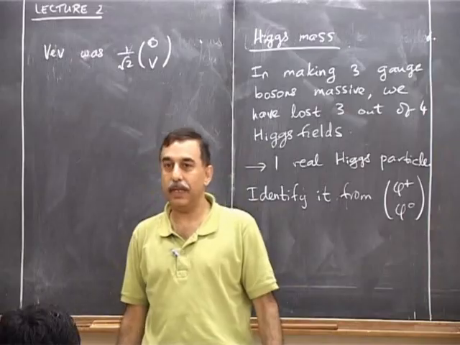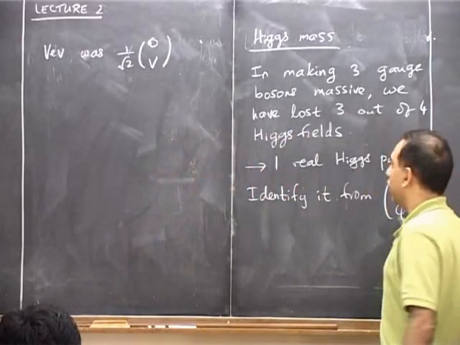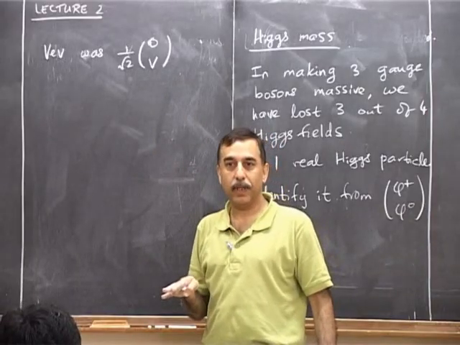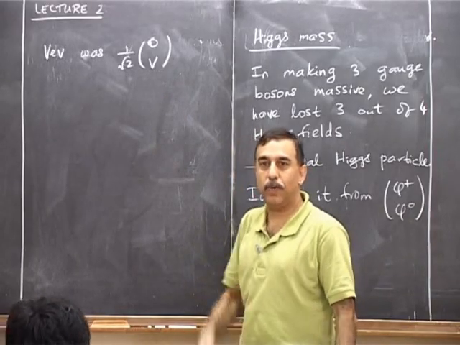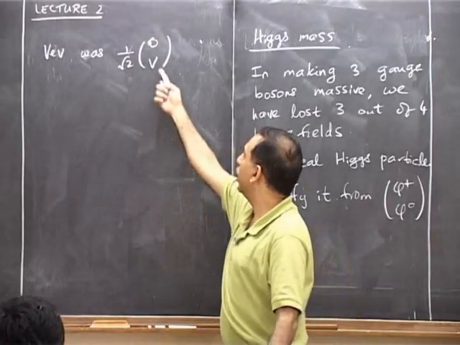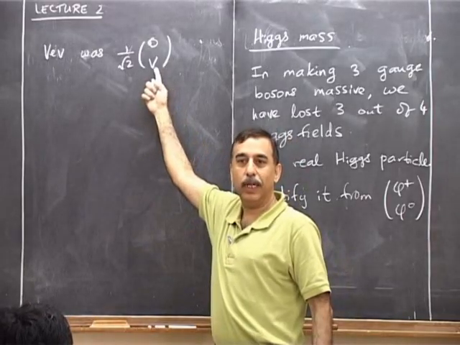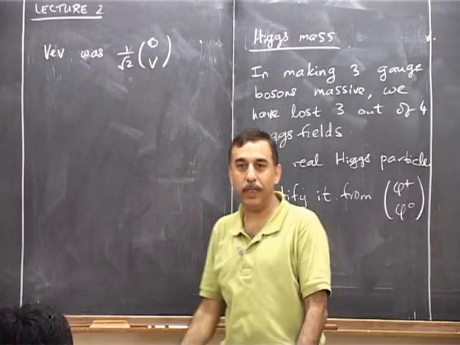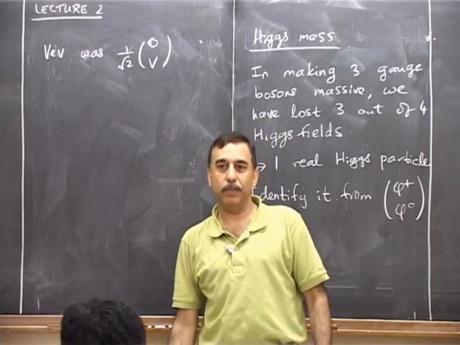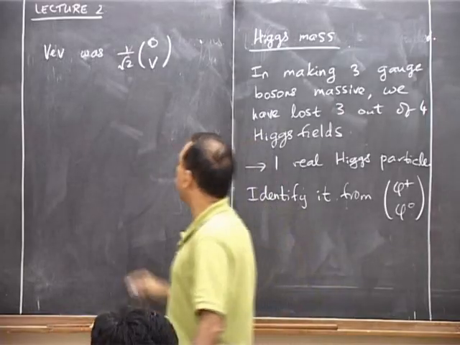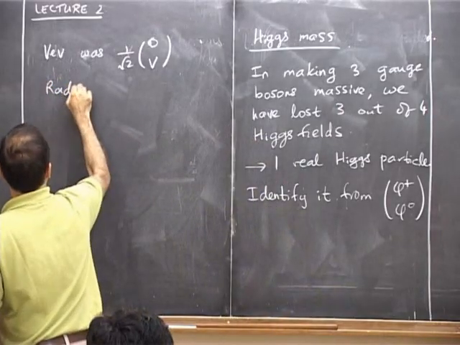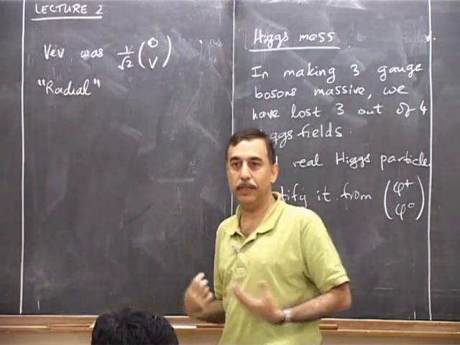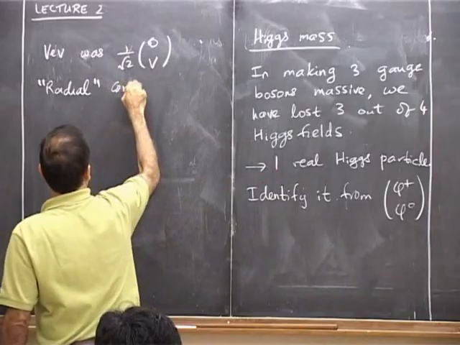Okay, that means that if the original field phi plus phi 0 takes the value 1 by root 2 0 v, then it's at the minimum. Okay, now what's going to correspond to the oscillatory mode is the one where instead of v we have some other value in this component. Real part of this component has a different value than v. Okay, that's clearly out of the minimum. Okay, so that's the radial component. So the radial component, radial is a generalized term here because it's a 4-dimensional potential. It's a little hard to imagine, but the radial component